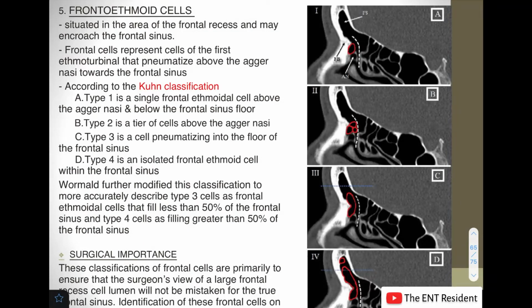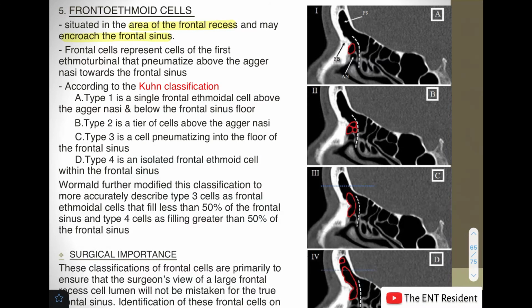Next comes the frontoethmoidal cell. Now this is also a group of anterior ethmoidal cells which is situated in the area of the frontal recess and can encroach on the frontal sinus. The frontal cells represent the cells of the first ethmoturbinal that pneumatize above the Agger Nasi towards the frontal